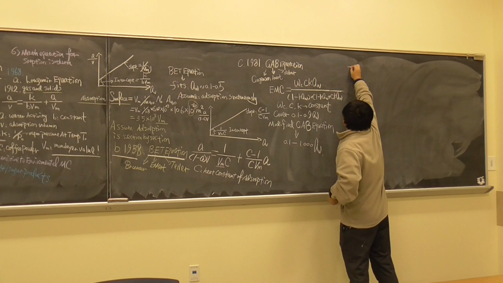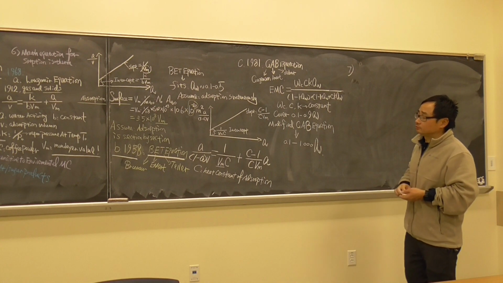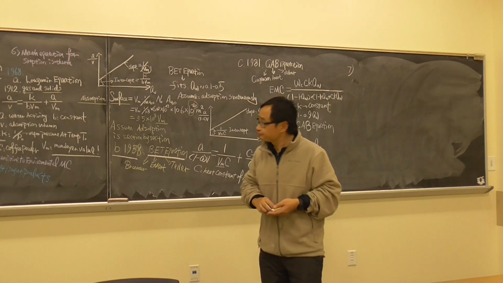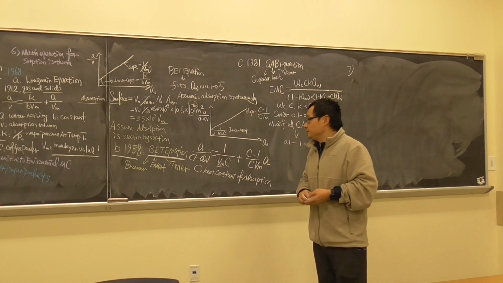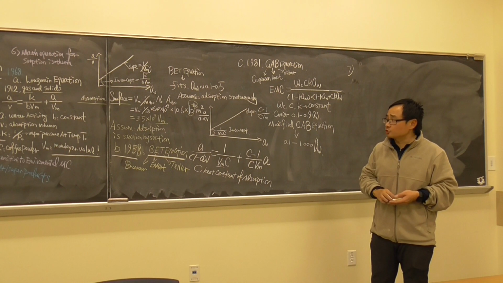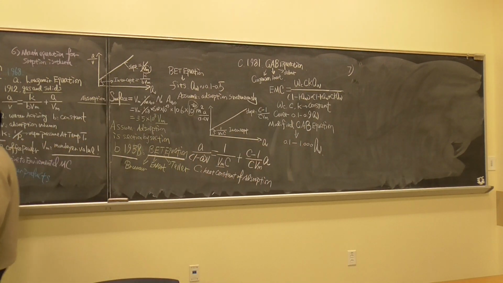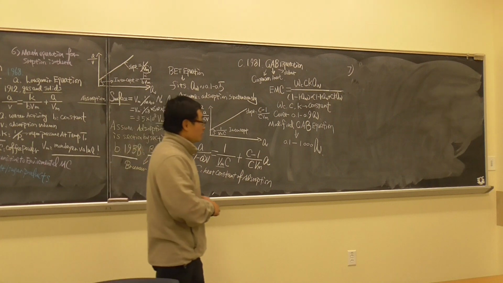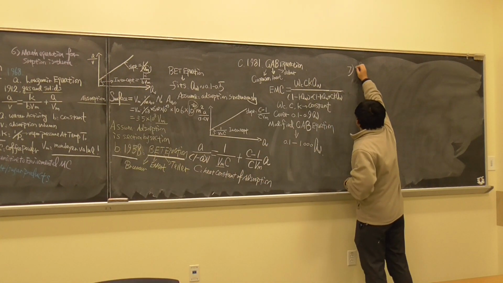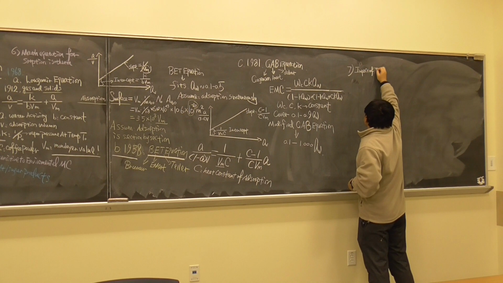Question number 7. It's very interesting. We talk about the monolayer and the additional layer, and we talk about water activity and moisture. We have this curve right here, water activity and moisture. But we forgot one important thing, the impact of temperature. So we want to mention to you the impact of temperature